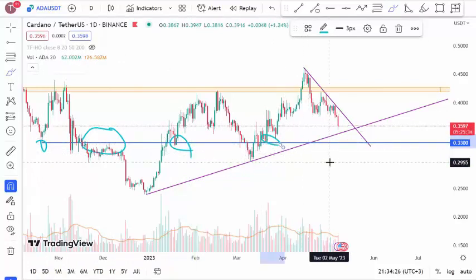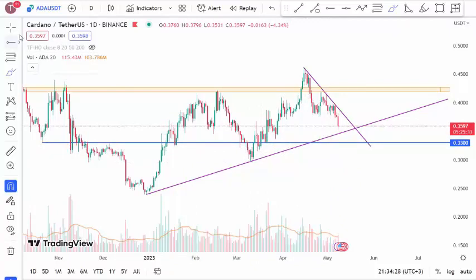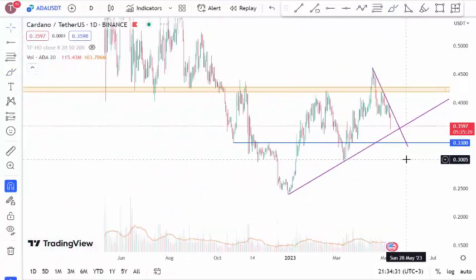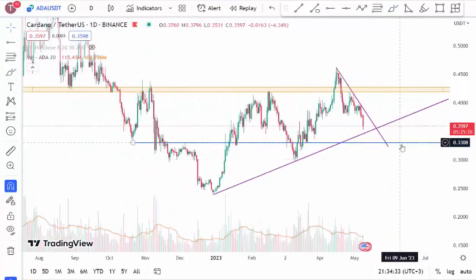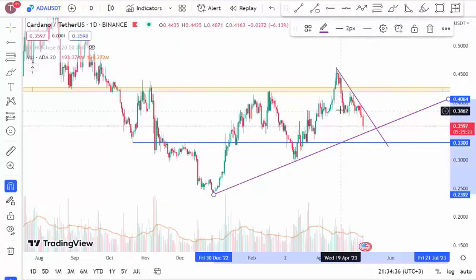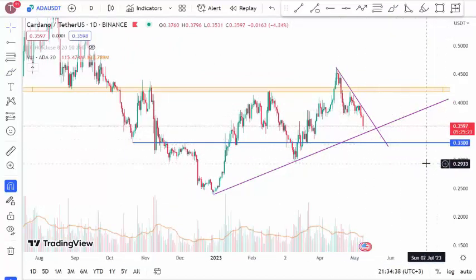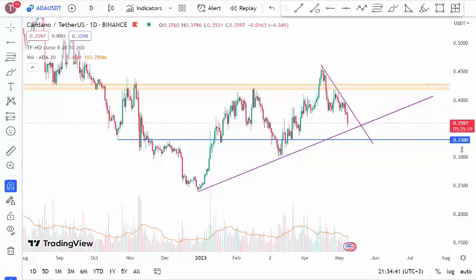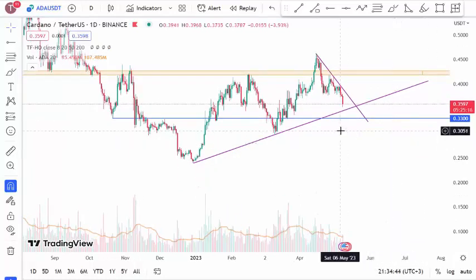It has worked as support for the third and fourth time as well. Hence, we can say it is an important line. Could the price drop to this line? Certainly, it is possible. After the descending trend line is broken, it is crucial for the price to hold on